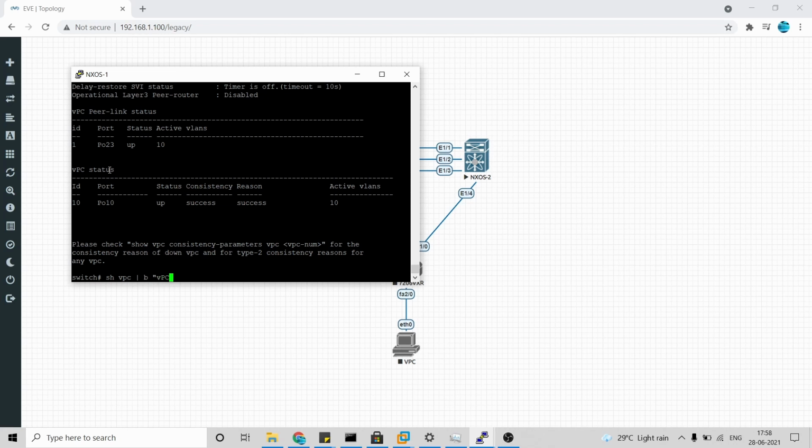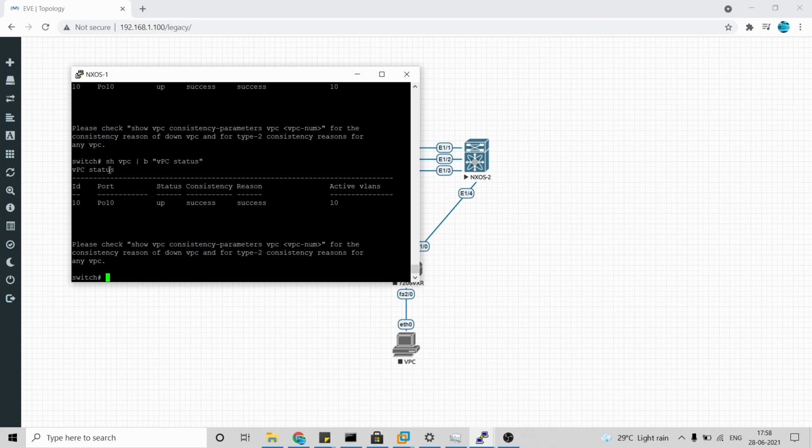That's it, you'll see exactly what the status is directly. These are the configurations which we have done. Other than this, we can configure the peer gateway. Those are all optional. So this is the basic understanding.